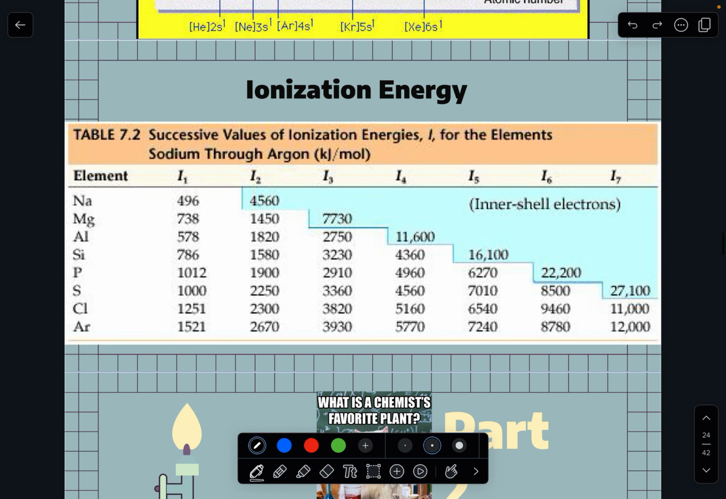Okay. This is another chart that shows the same thing. Okay, so looking at ionization energies, these I1, I2, that's the number of ionization energies. So I1 is removing 1 electron. I2 is removing the second electron. I3 is removing the third electron, right? So for sodium